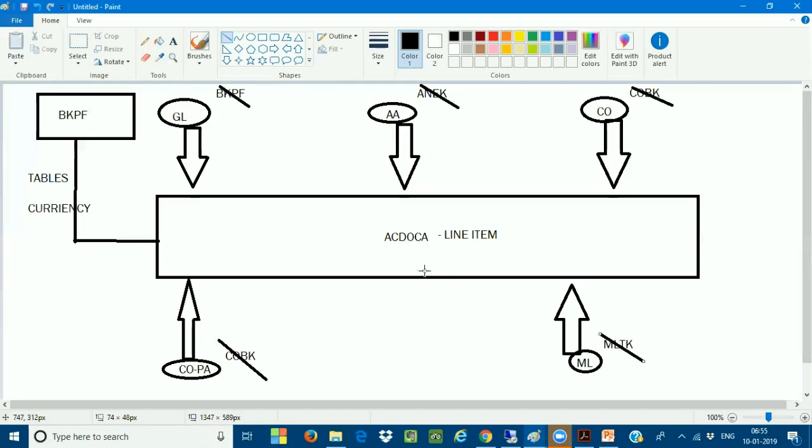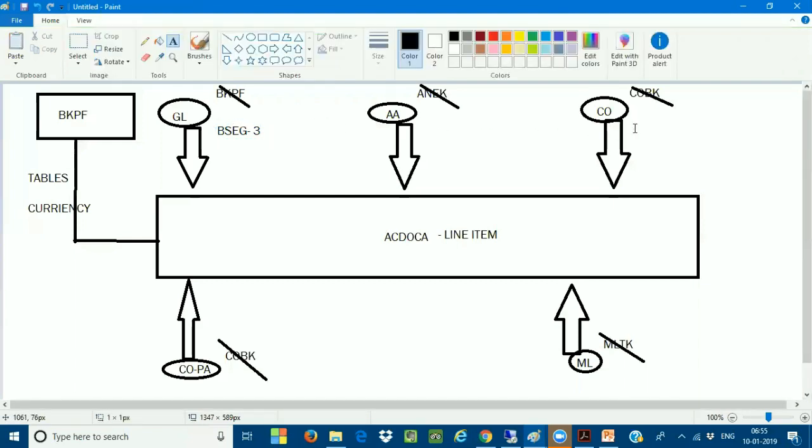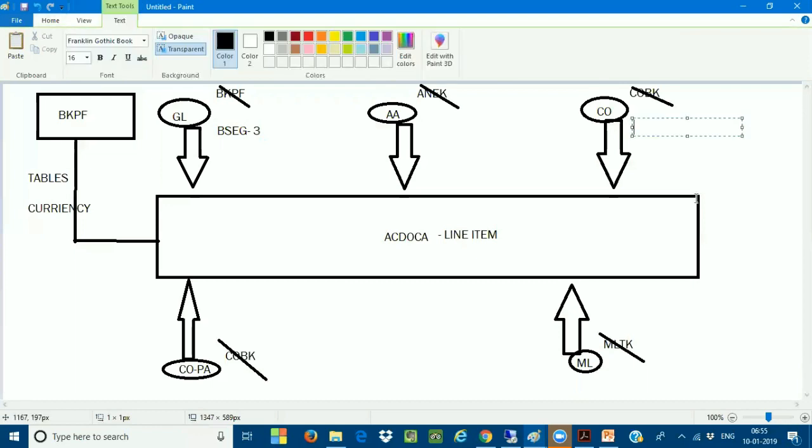And the second part, currencies. For GL, earlier we had the BSEG level table, and now it is also there. How many currencies are getting supported? Three currencies are supported, as we discussed yesterday: one is the local currency, the second is the group currency, and the third is any additional currency. In the same way, asset accounting also has different sets of currencies, and controlling also has different sets of currencies. So module by module, we are going to structure the currencies.